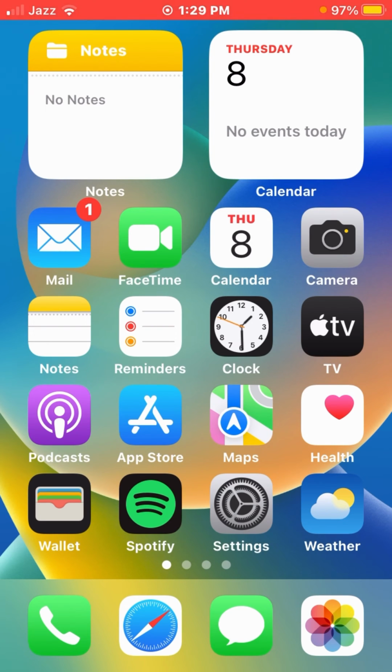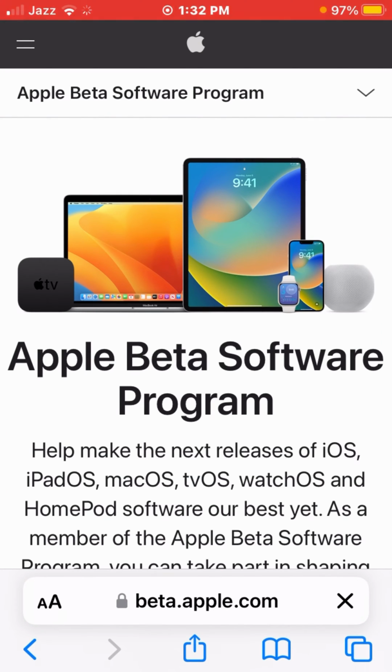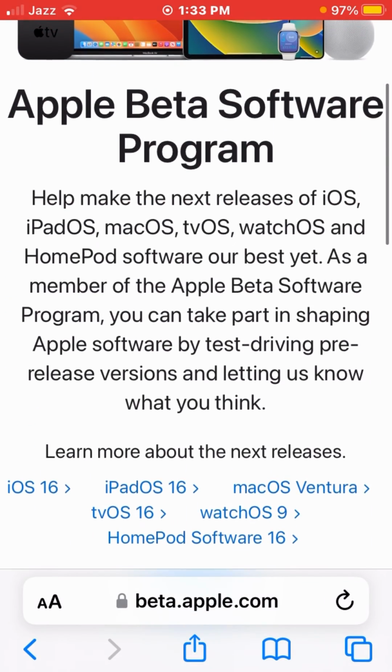So let's get started. Open your default Safari browser and in the search bar type beta.apple.com. Now scroll up. If you are a new user, just sign up here, and if you already have an account, just go with the sign in option. After getting your RC profile,